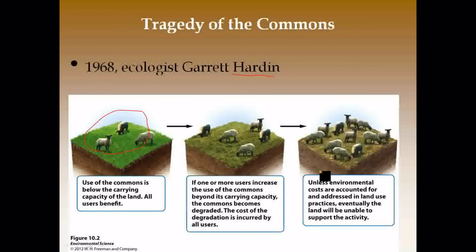land. And then we get to a point, of course, where everybody wants to be using this pasture because it's free, belongs to nobody. Well, then who's going to take care of it? Who's going to ensure that this pasture, that this grassland stays viable year after year after year? That's the tragedy. Tragedy of the commons is the tragedy that we overuse common resources, things that are common to us all. Nobody owns it, everybody uses it, nobody takes care of it.